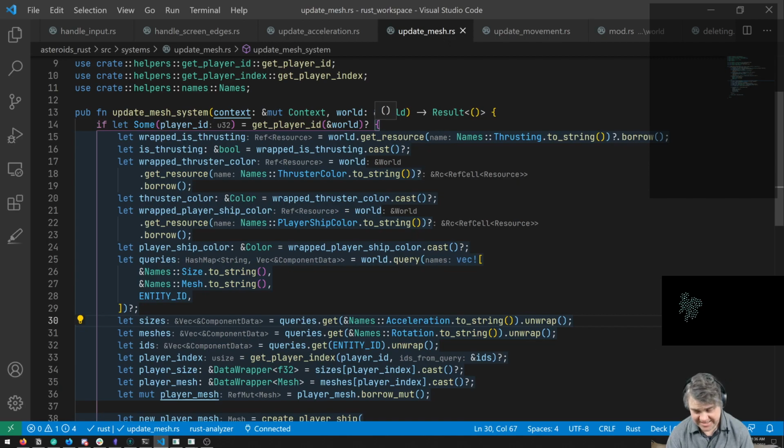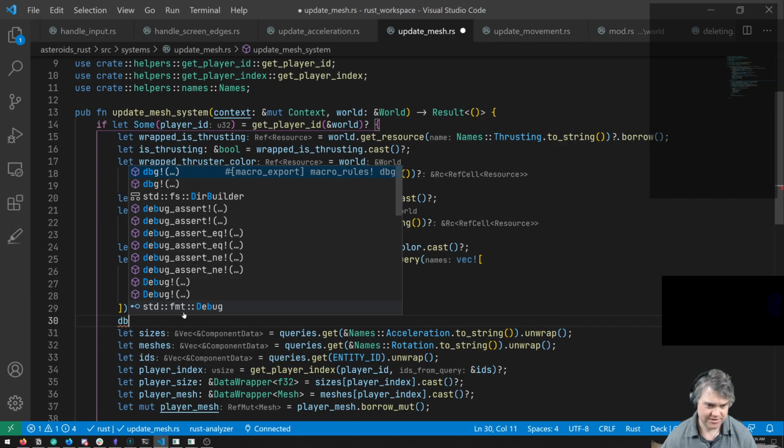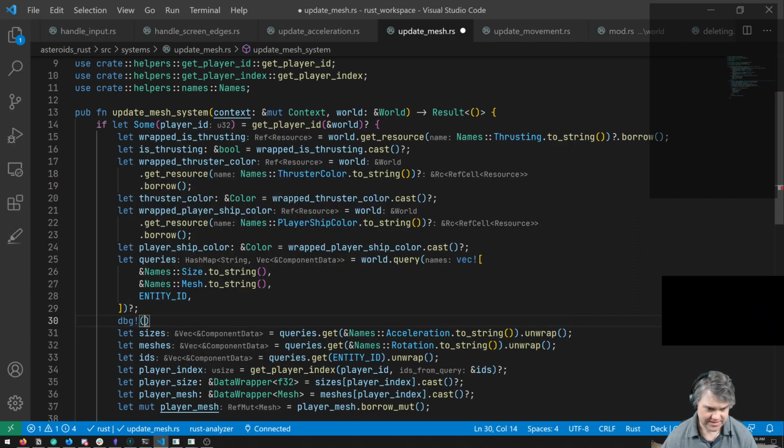So the player ID exists in the system. We try to query out acceleration, rotation, and entity ID. And you don't exist. So if I debug in here, I guess just queries.